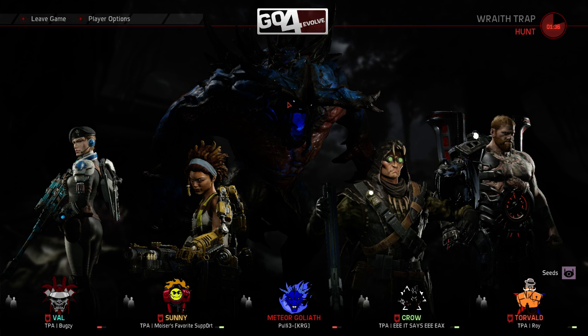And, oh my god, we see the Sunny Val pick, we got Crow, we got Torvald, we got everyone gonna be coming in here, doing what they can. Oh my god, I'm sorry, I'm just super excited about Meteor Goliath being allowed in competitive. Just makes me super happy. But yeah, so we got Val, Sunny, we got Crow, Torvald, same composition as last time,